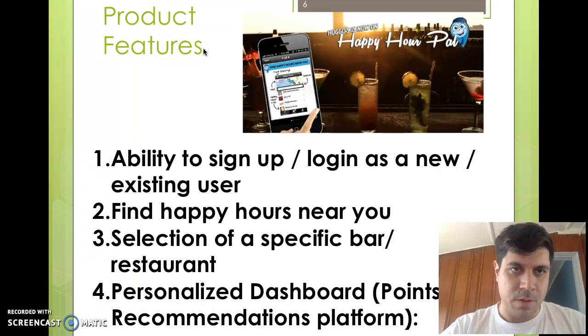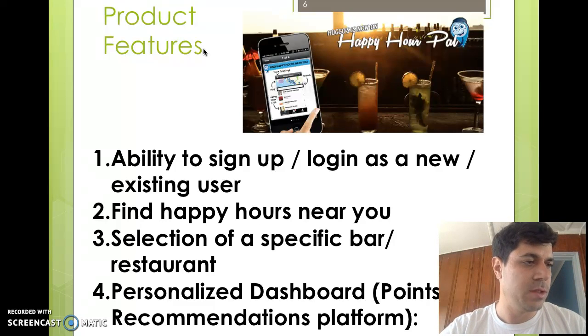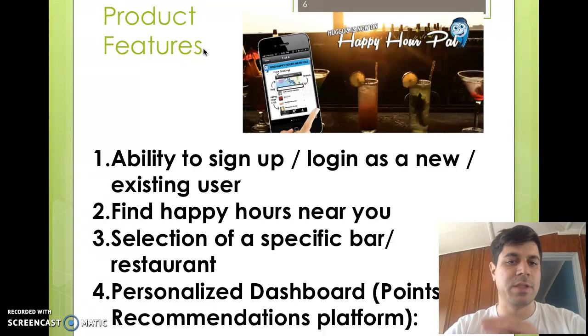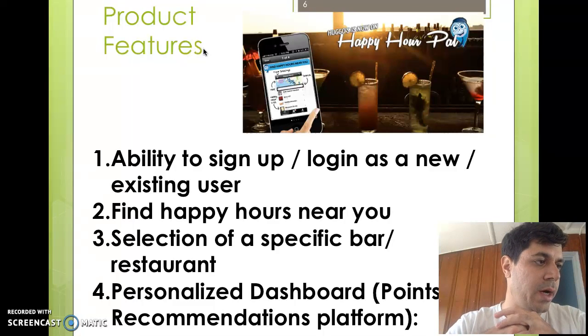Okay, so due to time constraints, I'm going to briefly go over the high-level features. You have the ability to log in, which can be done through Facebook or email registration. Then the most important part is part 2, where you have the ability to find happy hour deals within